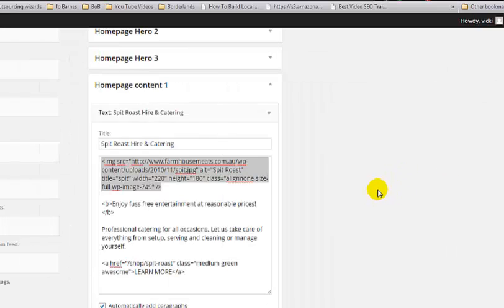Now just in case something goes wrong, that means I've now got a copy of the coding that was there already, and I can just paste it straight back in if I need to, if there's an error. So it's just, again, a tip to cover yourself if you haven't done this sort of thing before, just in case something does go wrong. Now what we need to do now is we need to upload that picture. I assume that you know how to upload a picture to the media gallery, but I'll take you through it